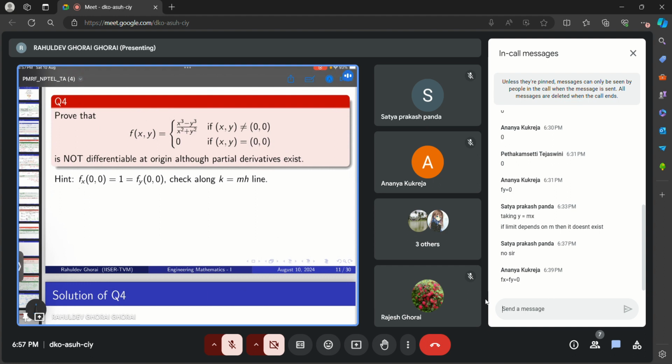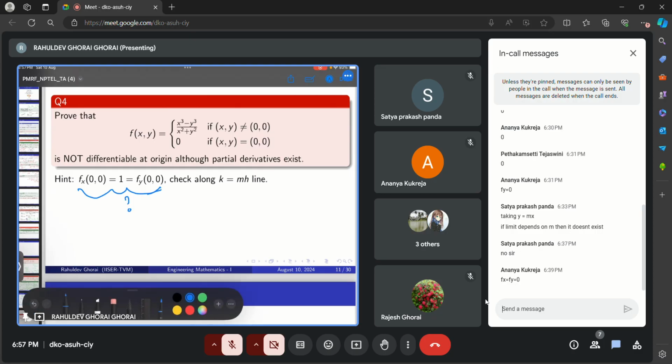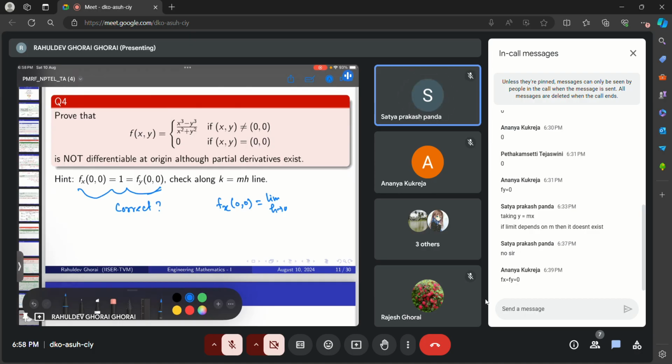So you are getting this part, is it correct? fx at 0 0 will be the limit as h tends to 0 of f of h 0 minus f of 0 0 over h, which is nothing but 1. You can check it, because f of h 0 is h cube minus 0 cube over h square plus 0 square, which is h, and h over h is 1. Similarly, fy will be also again